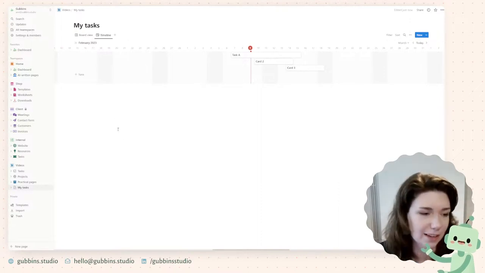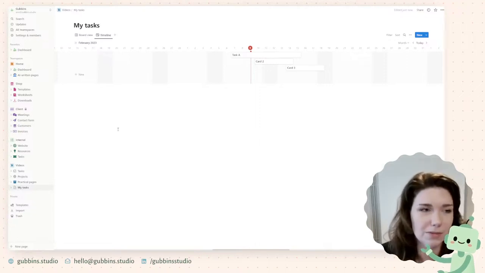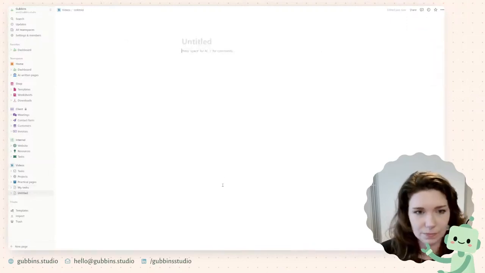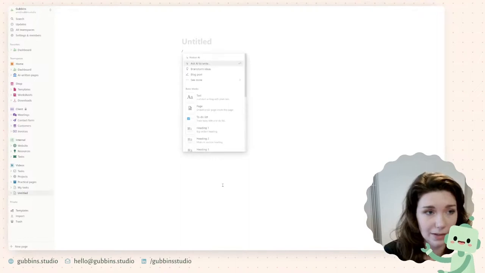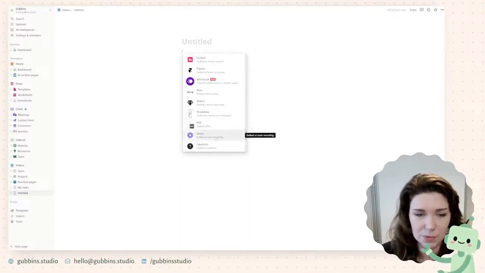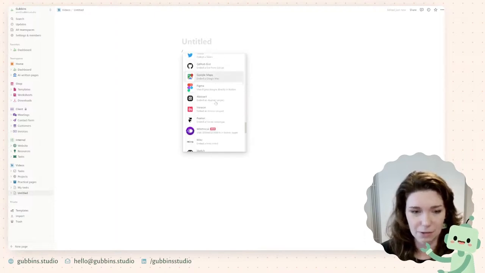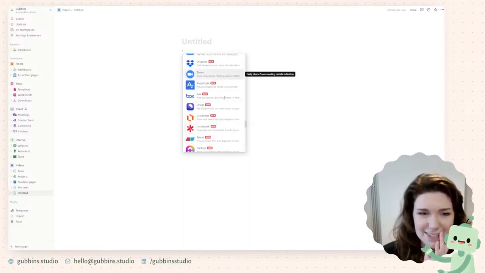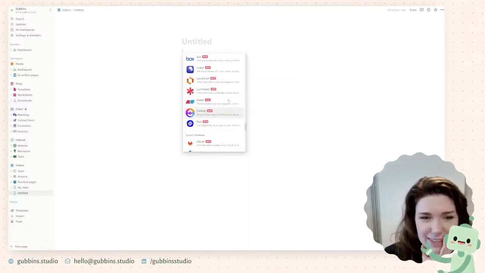Other features, gosh, yeah. Notion is something that I will definitely cover more of, and I have covered in the past, so I won't talk too much about it. But in the same way that with ClickUp, let's make another page here. In the same way that with ClickUp, Monday had it as well, you can create rich documents. You can do the same within Notion, so you can embed different bits and bobs. All sorts of tools and things have native integrations with Notion, which is handy. Oh gosh, there's a lot. It's been a while since I've looked at this actually, so many new ones in here.